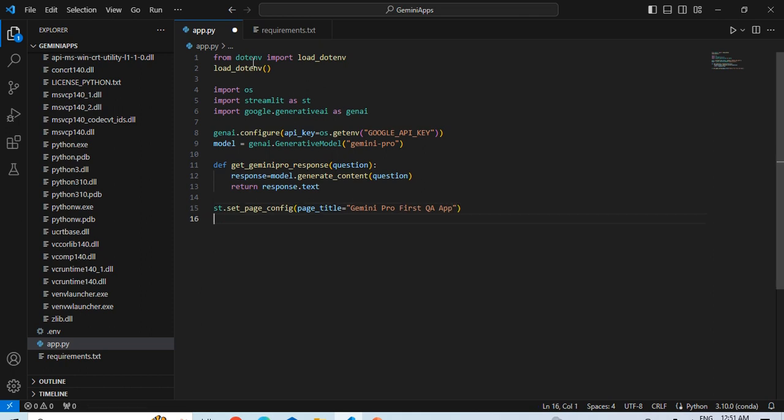So once this is done, then we'll create one header. So we'll say st.header, and we'll give one name as Gemini LLM QA Chatbot,